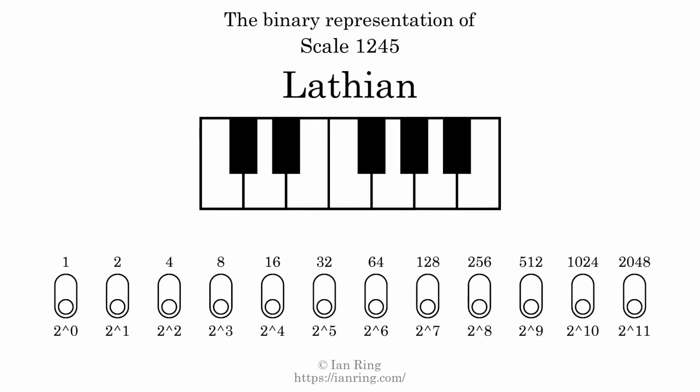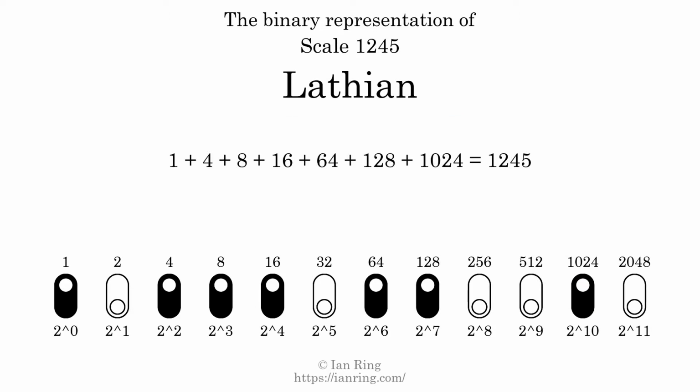The binary representation of this scale is determined by mapping tones of the scale to binary digits. Each binary digit represents a power of 2. To get the scale number, we add the powers of 2 together. The powers of 2 that are present in the scale, all added together, equals 1245. That is why the scale number, in decimal, is